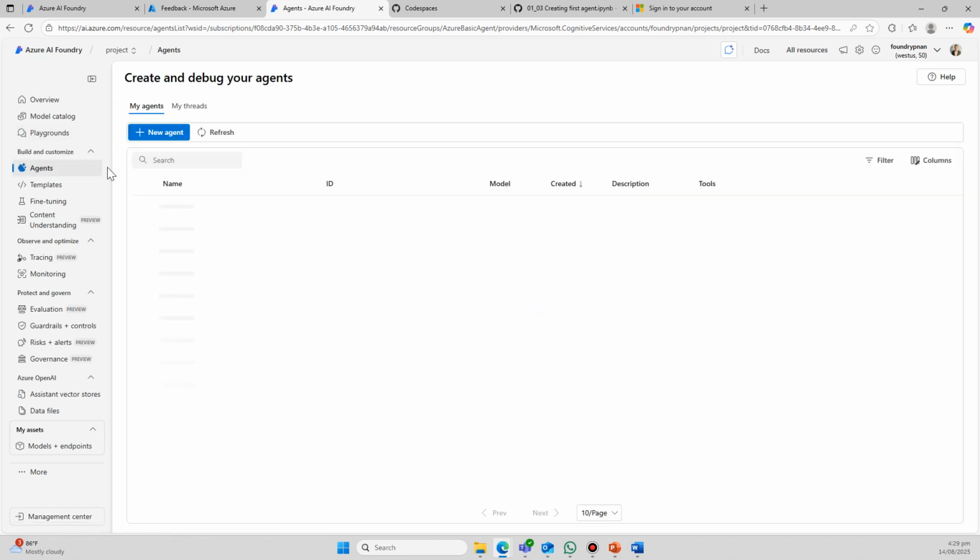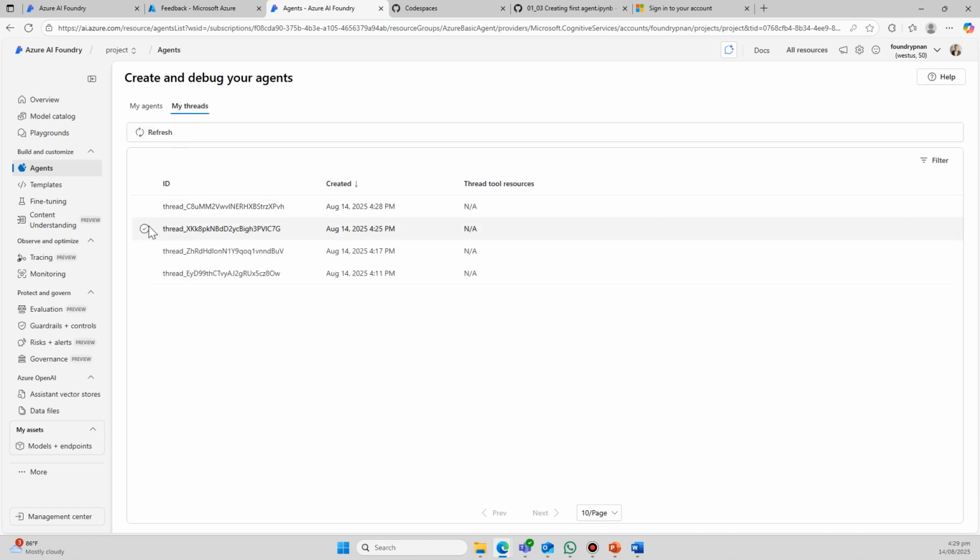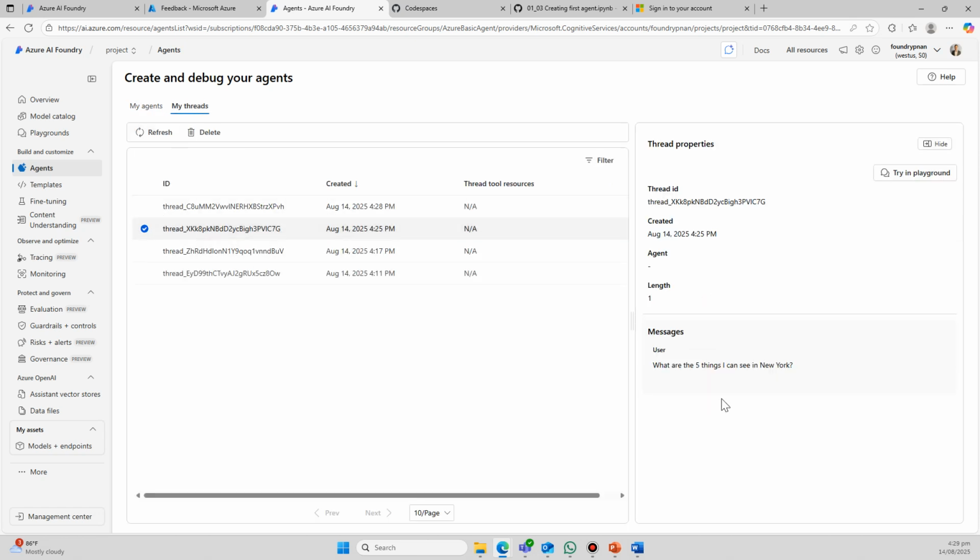And actually, if you look at it, there are 4 threads here. And what is this other thread? This is the thread that actually failed earlier. So notice there's a bit of a bug right now in the portal. When we deleted the agent, the thread was not deleted. We actually provided feedback that hopefully there's a way here to do a batch deletion of the threads.